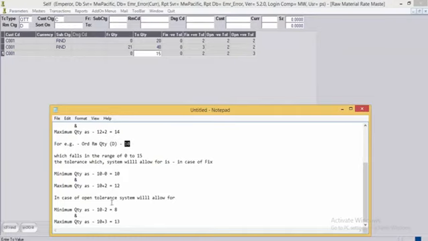In the case of open tolerance, system will allow for minimum quantity as 8 and the maximum quantity as 13. It means that in the case of fixed tolerance, the user will be allowed to issue between the range of 10 to 12 diamonds, and in the case of open tolerance, he will be allowed to issue between the range of 8 diamonds to 13 diamonds.